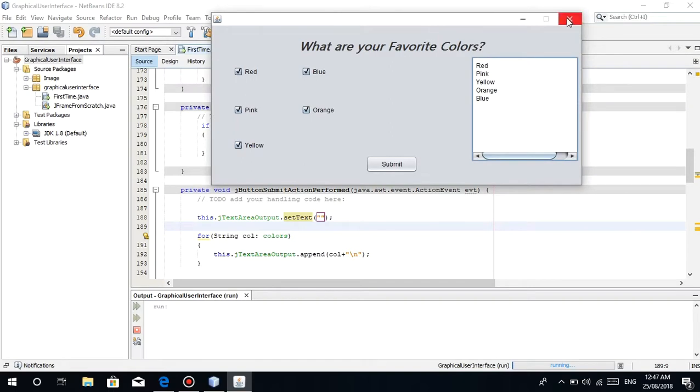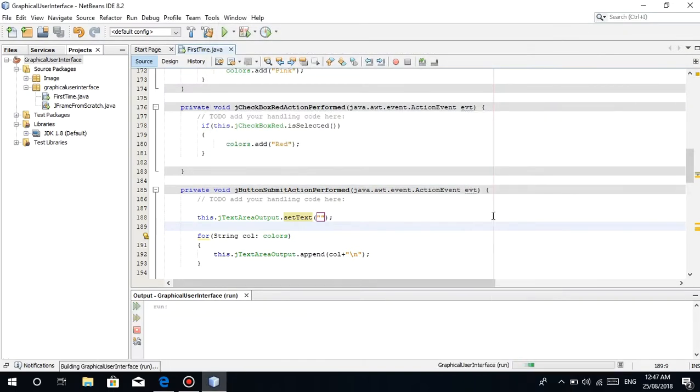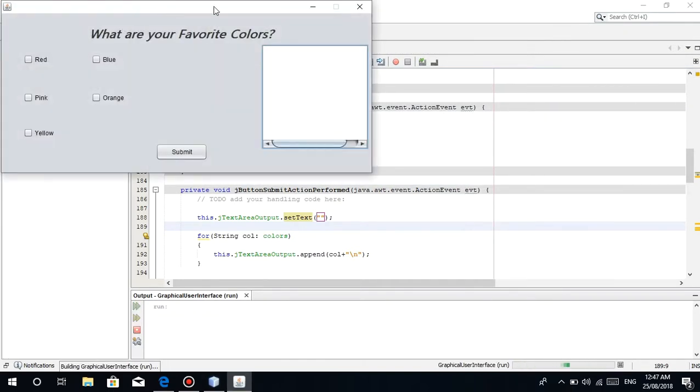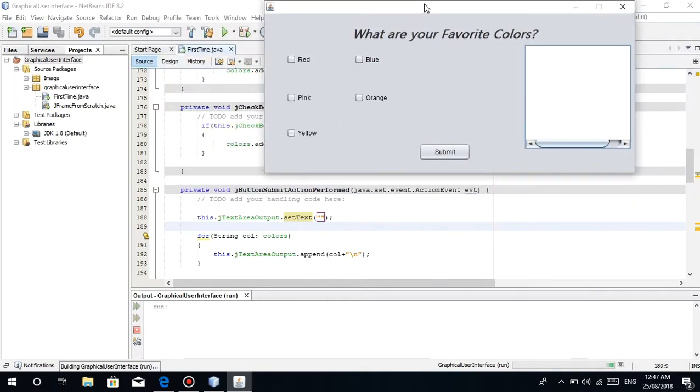So, eto, last but not the least, another error handler na dapat natin pagtuunan, especially in making such systems. For example, eto, blue, orange. Hindi, ayaw ko ng blue. Ayaw ko ng blue. Pag nag-submit tayo, nandyan pa rin si blue. So, paano ba yan? Dapat wala na siya kasi inalis natin. So, all we have to do is,